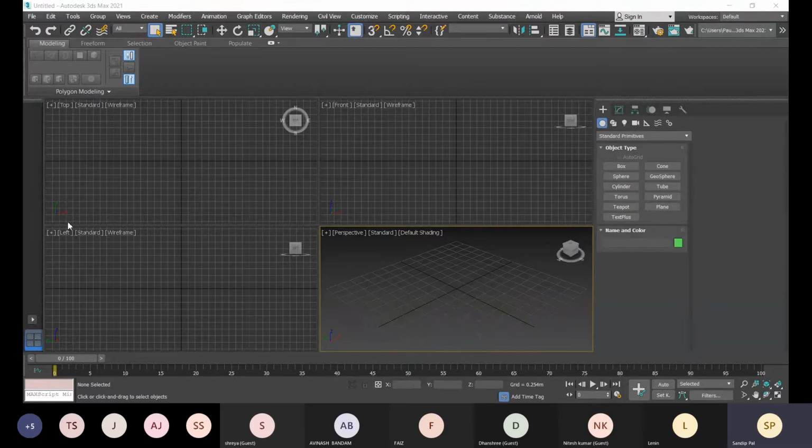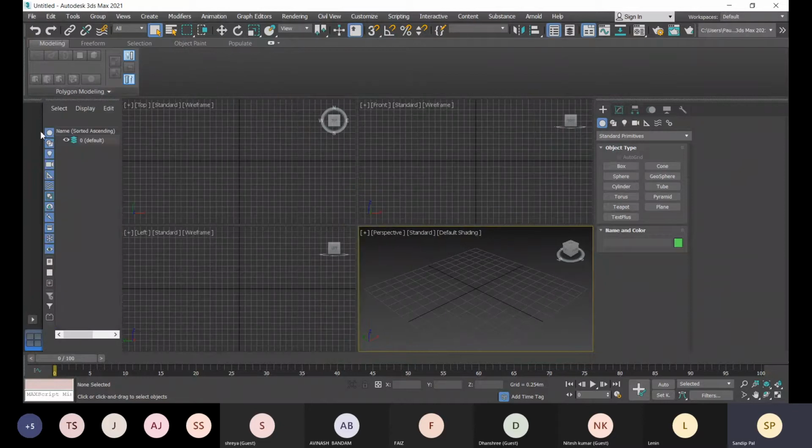Here you see the scene explorer is not available. If you need it, you go to this tool, click on it, and the scene explorer will be visible. Here this zero layer is the default layer.